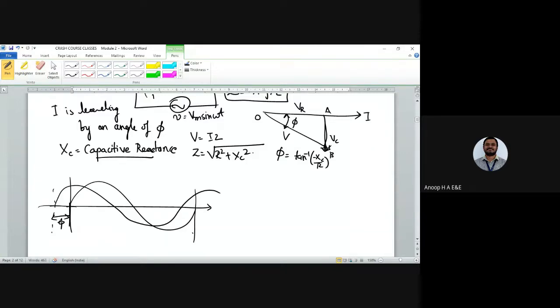Got it? So any doubts up to this point, anyone regarding sketch of voltage and current waveforms, you can let me know. So again, P is equal to V into I cos phi. Any doubts? So you can go through the derivation. In detail, I'll not be taking much time because it's a small concept that you have to remember.